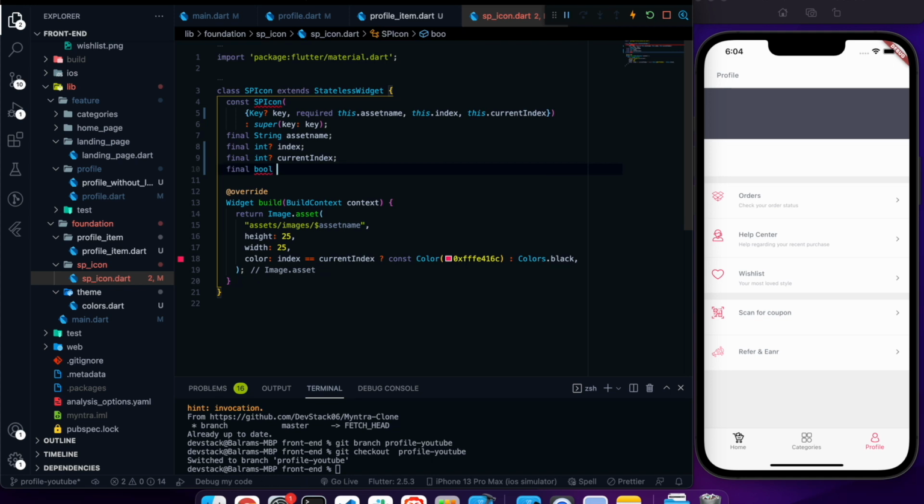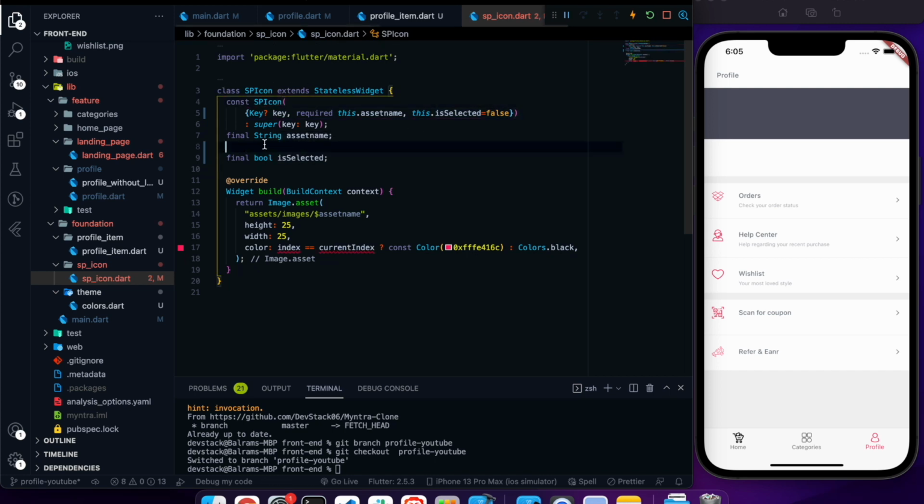So what we can do, let's write another logic that will be, I guess, simpler. I'm going to take another parameter that will be of bool type. The name will be is selected. So it will be bool type data, and instead of getting this, let me get this dot is selected, and initially I want to set it as false, so we don't need to think about the null safety as of now, because now I handle the null safety automatically.